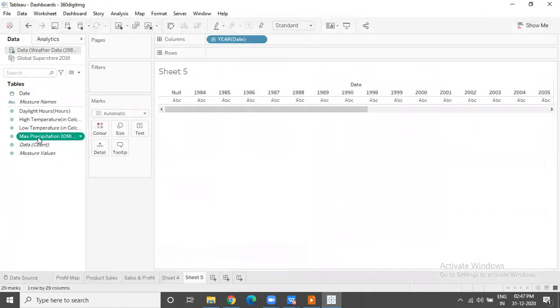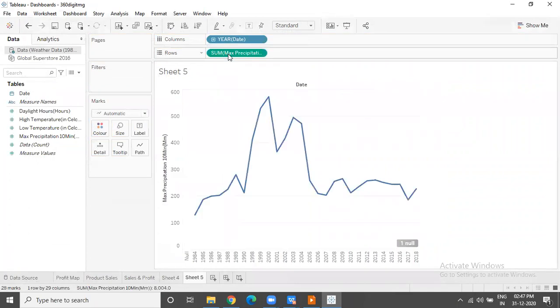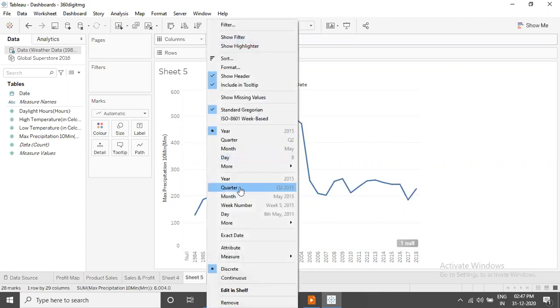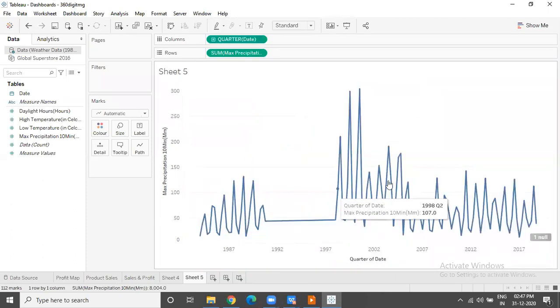So here what we had done is we looked at the precipitation for a few years. In Tableau, it all depends on the granularity, the level of detail at which a chart is built. If we are trying to estimate for the next few years, then the chart is supposed to be built at year level. If you want to estimate for the next few quarters, then we will take the data from the previous few quarters and estimate the future, which means the chart is supposed to be at quarter level.